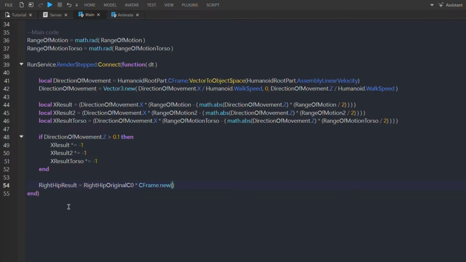The legs are the hardest to make. Roblox made the legs complicated because their Motor6D connection is not in the center. I do not know why, but we have to make do. We set the leg's C0 CFrame to the original leg C0, and then we multiply that with a new CFrame. The new CFrame has X result 2 because X result 2 is the variable that sets how far to